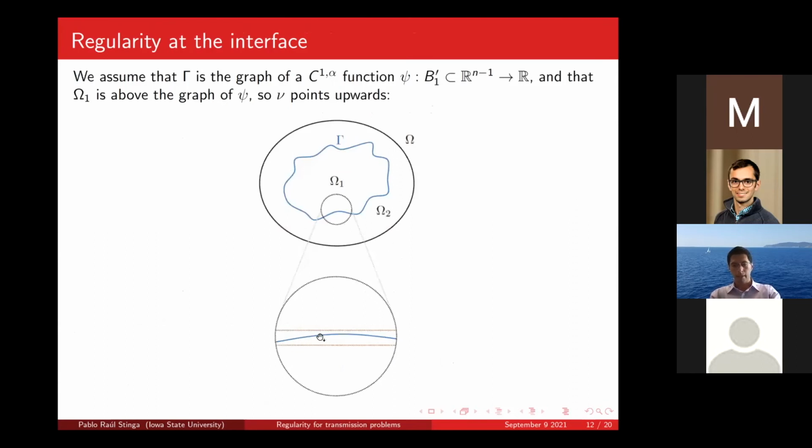Here I say, well, I have gamma, and gamma is a curved domain. I'm going to trap gamma between two flat interfaces, and solve the problem in the flat interfaces and try to see whether those solutions are close to the solution to the curved interface. Now, the flat interfaces should give me very nice, smooth solutions, so that then I rescale, right? When I rescale this picture, the blue line becomes flatter and flatter, and I can put these orange planes closer and closer. So in the limit at the point, I can transfer the regularity from the flat problems into the curved problem.